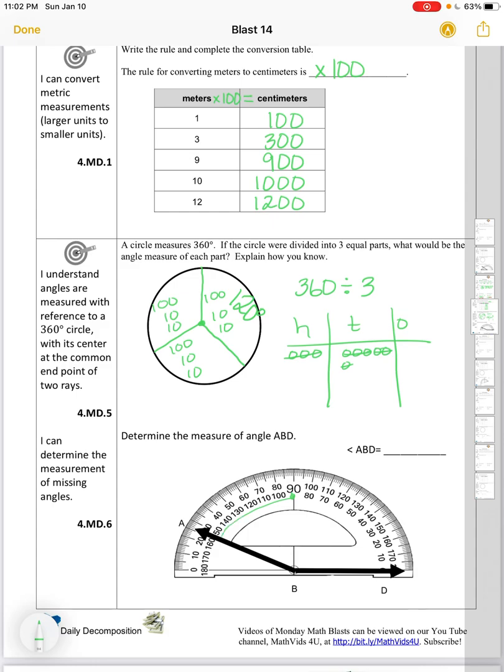and then as we continue to look here, we get past 140, right past 150, and it looks like it's right here. So I'd say 154 degrees. It's right before that halfway point, which would be 155. So angle ABD is